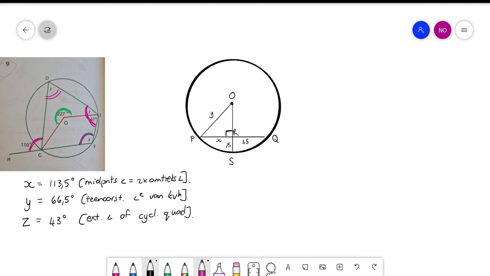Okay. So, ons het 'n stelling wat sê 'n lyn uit die middelpunt van die sirkel loodreg op die koord halveer die koord. So x will also be equal to 35. This isn't 35 degrees, that's the length of a side. So hy is 35 grade en jou rede is